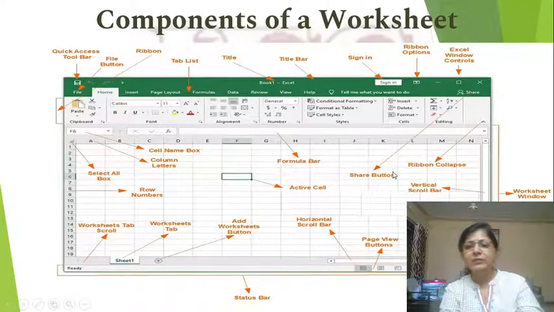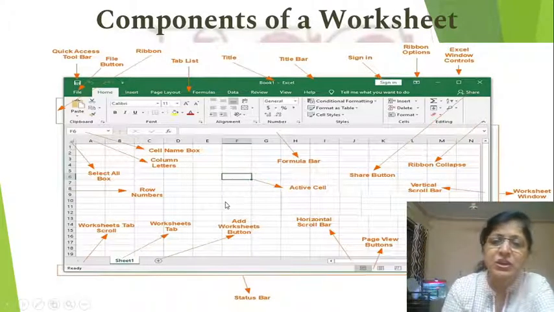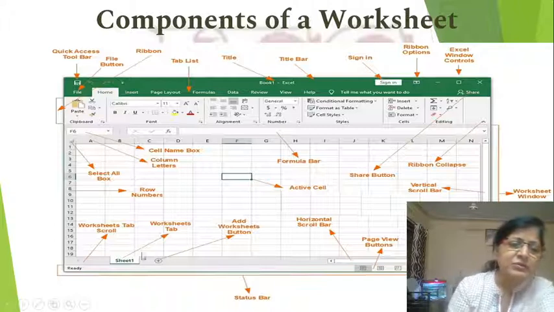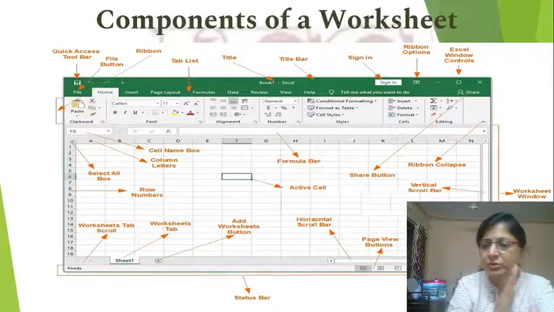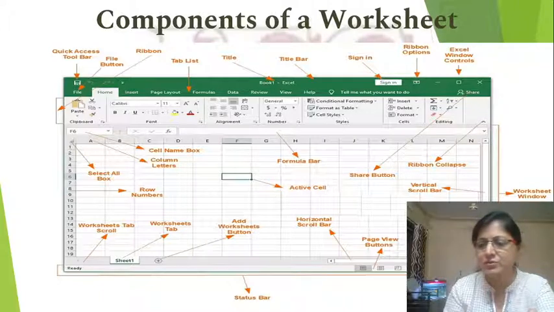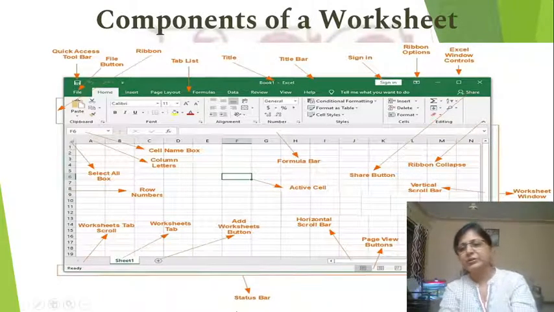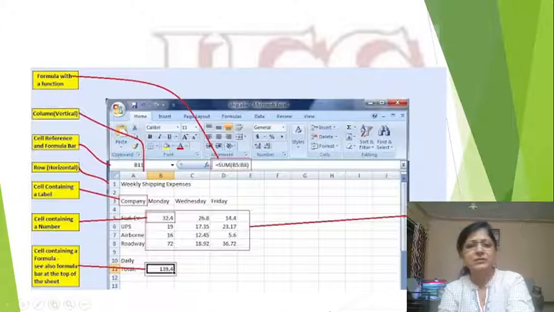Now coming to this is the sheet. These are the individual cells, in which all these cells will have a cell address. The cell address will be displayed in the name box over here. Okay. So these are the scroll buttons for the worksheet tabs. As you just saw, the worksheet is quite huge. So when you want to scroll to the right side, you can use the scroll bar, or you can even use the arrow keys to navigate your worksheet. Okay. So let us go on to the next part.